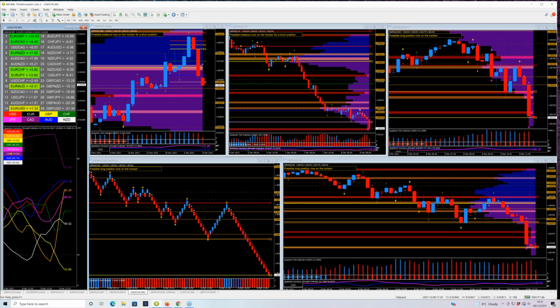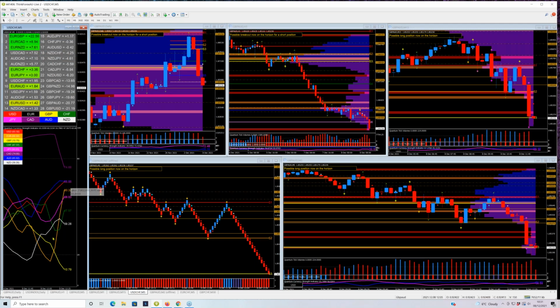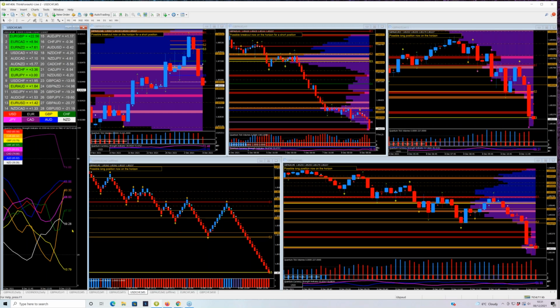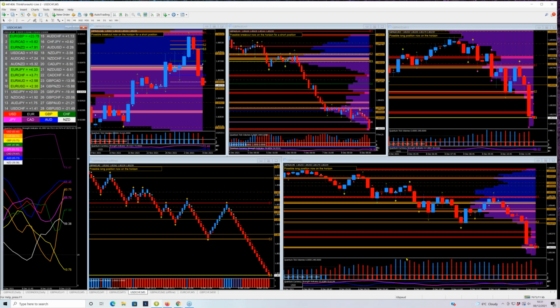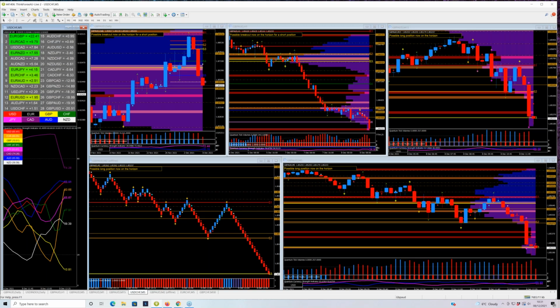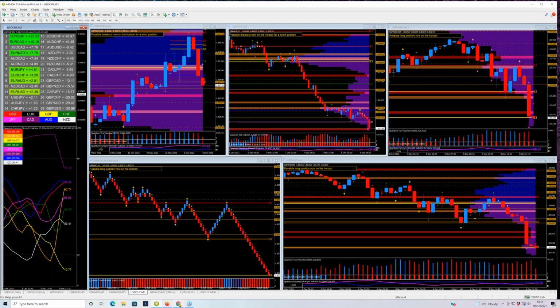In fact, the Canadian has rolled. Let's have a look. The Aussie's kind of going sideways now, and the New Zealand has turned. So it looks like the commodity dollars, all 3 pairs, are displaying the same type of price action. Right, if you've got any questions, please just pop them into the chat box.